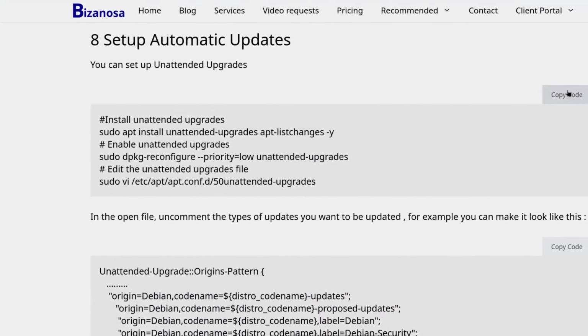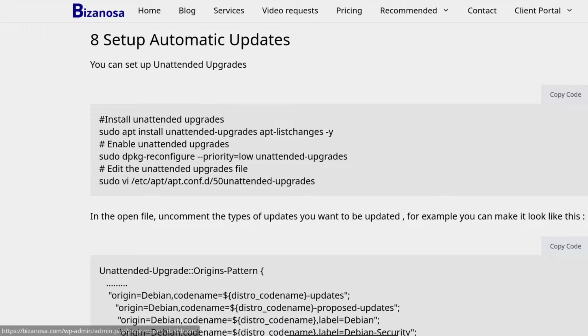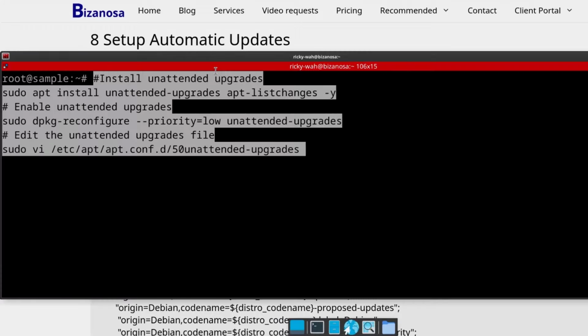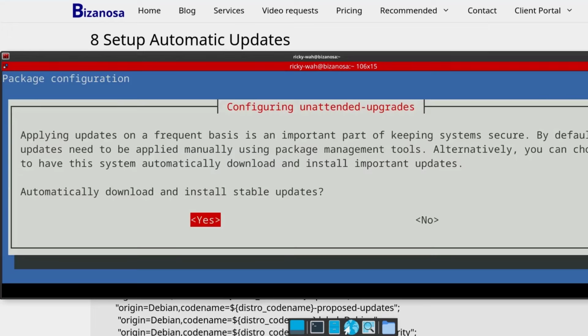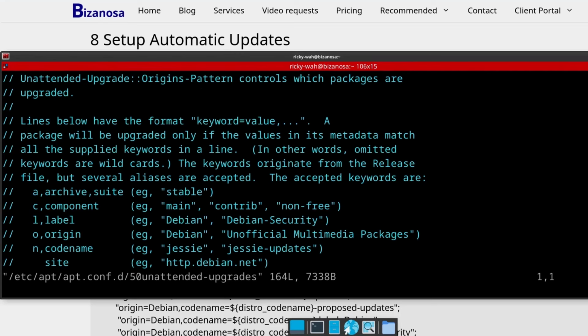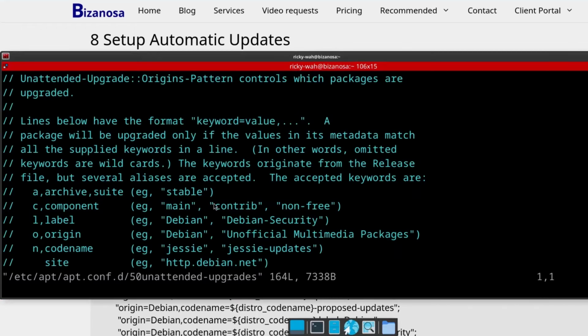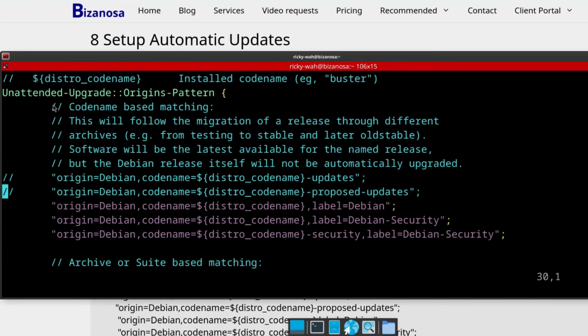So I'm going to copy everything there. Just click there to copy. And I'll do Ctrl+Shift+V, enter. And then I'll accept, yes. All right, so this is the last command, and the last command was to open that file. So I just ran them together instead of running one at a time. If I scroll down in this section where there is unattended upgrades,